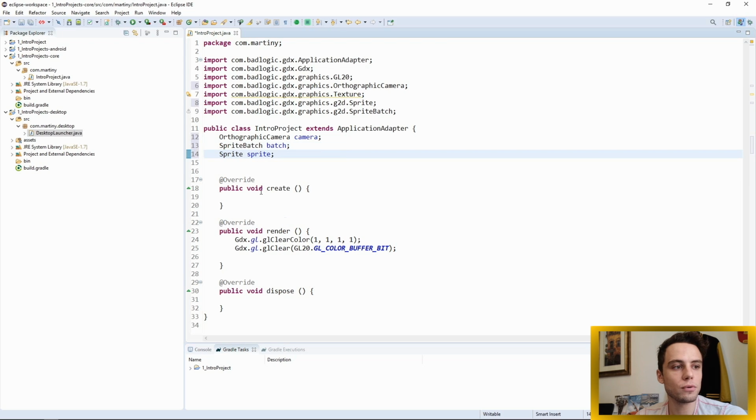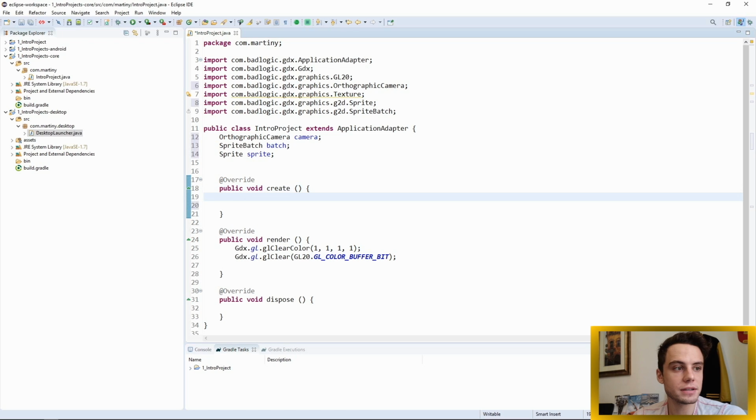So what we're basically doing is that we're taking this object, we're drawing it with the batch on our screen, and finally we display it using the camera. So after we set up these objects, now we need to write inside our create method, because we want to create them, right? So the first thing that we will set up is the camera, and let's write